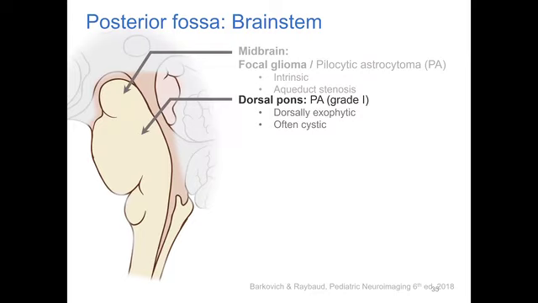So let's move on to the pons. We divide the pons into the ventral pons and the dorsal pons. In the dorsal pons, the most common tumor is also a low-grade tumor, the pilocytic astrocytoma. The tumor here will appear like a dorsally exophytic tumor, and since it's a pilocytic astrocytoma, it might appear as a complex solid cystic tumor,